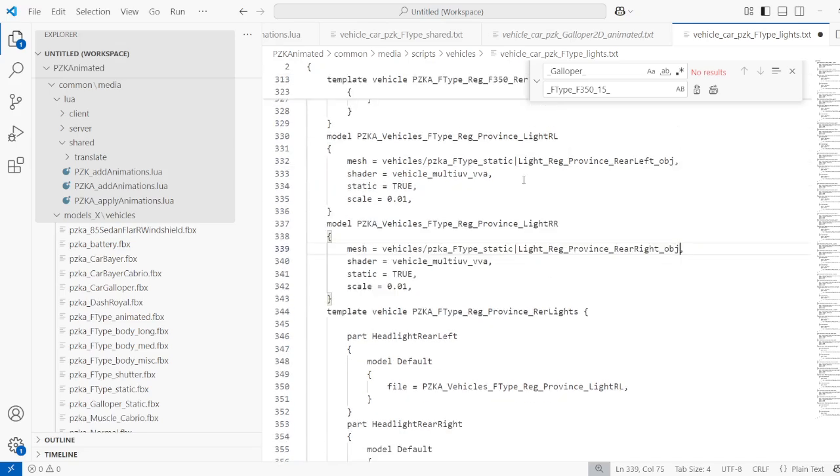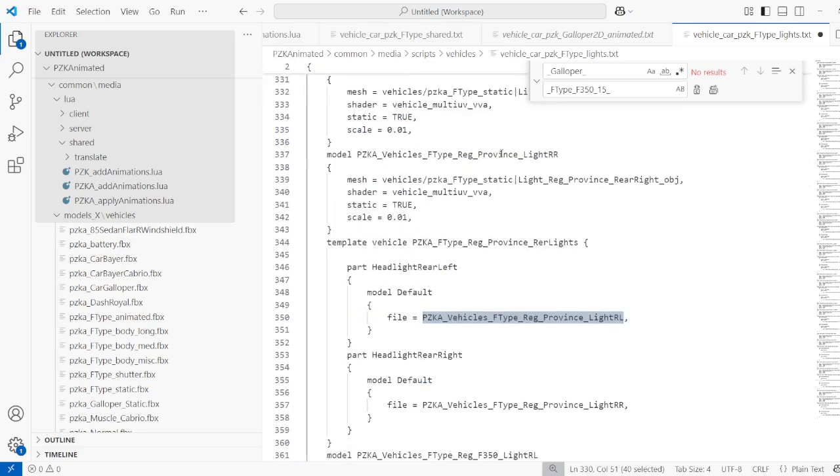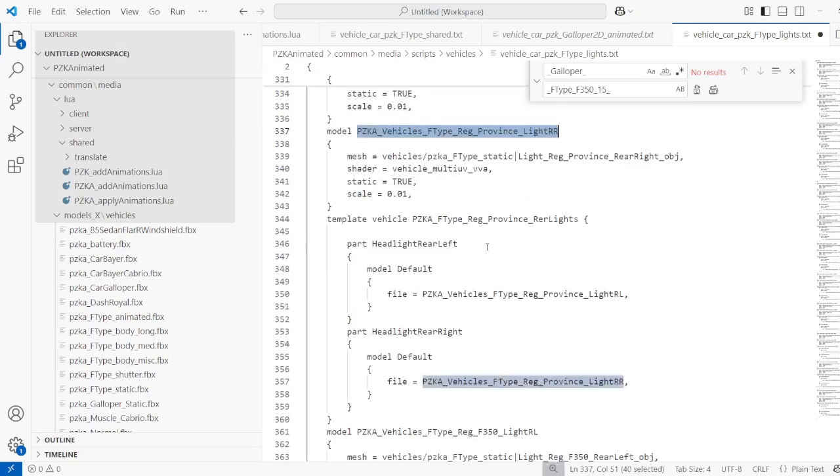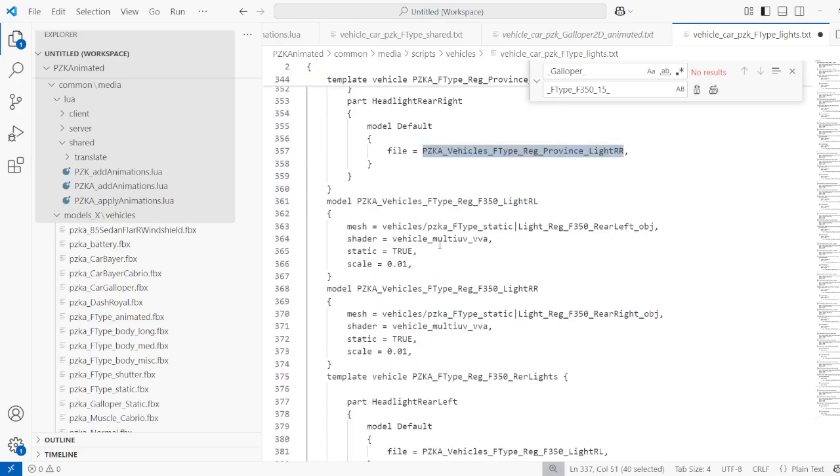Now that is fine. We're using that object and that object. That's okay. Now with this, the last one is called intruder rear left, and we don't need a separate rear right light because they are the